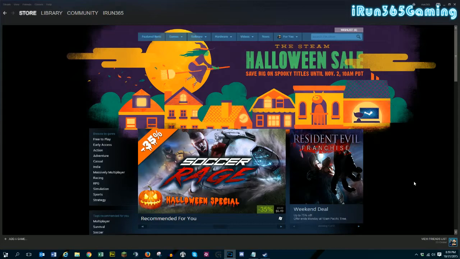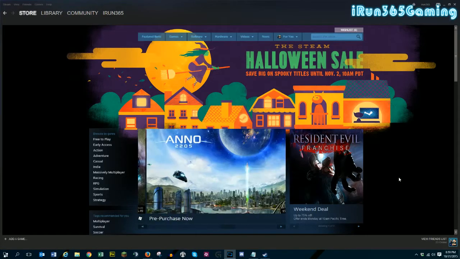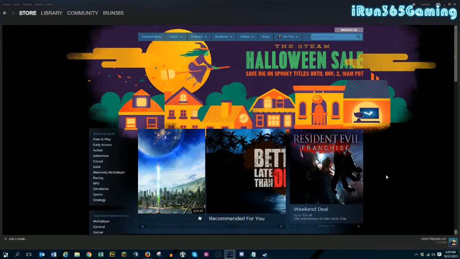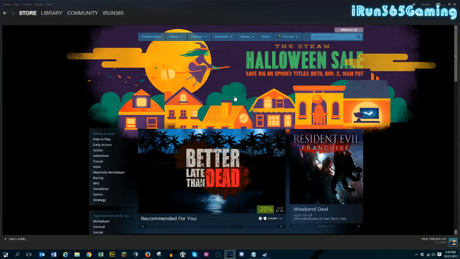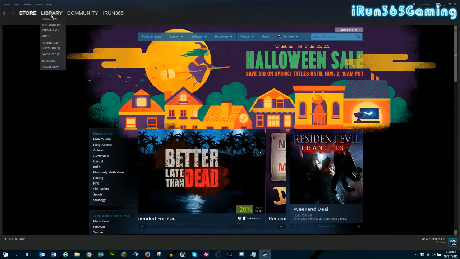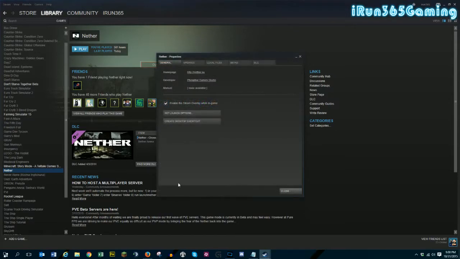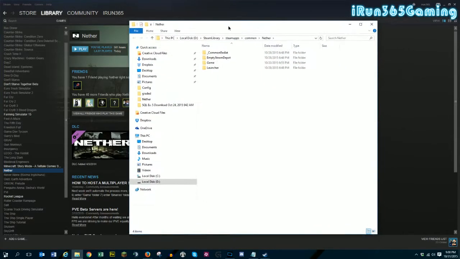So the first thing you have to do is get into your Steam library to find out where the Nether server files are located. If you open up Steam, as you see here in the window, and you go to your library, go to Games, and as you can see, I have Nether already highlighted here because I was in previously. Right click on Nether and go down to Properties. Then from here, go to your local files,